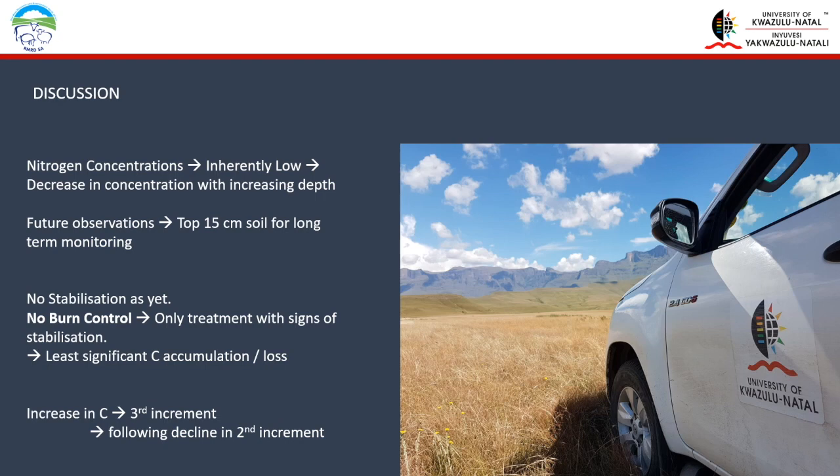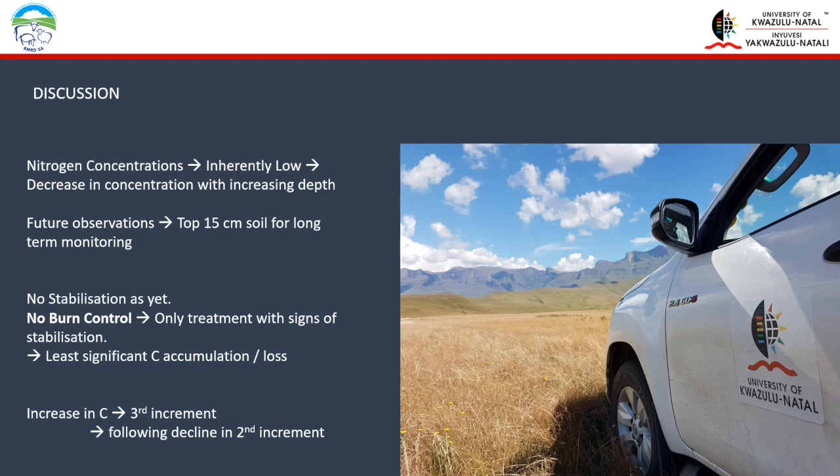There was also observed increased carbon in the third increment, and this was following a decline in the second increment, suggesting that carbon association within the top 10 centimeters may be more variable than the lower increments. Aside from the no-burn control, and contrary to expectation, soil carbon stocks did not stabilize over the studied period of 20 years. This may infer that the application of fire as a defoliation event influences the loss and gain